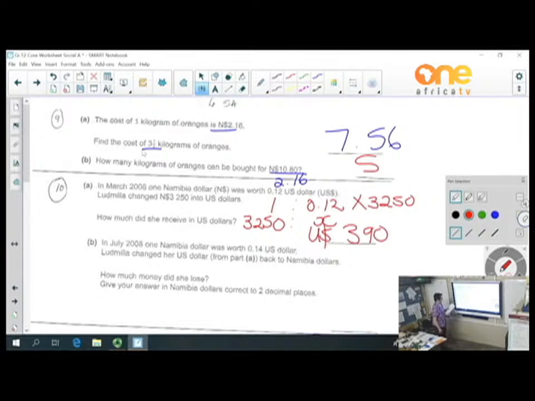In July 2008, 1 Namibian dollar was worth so many US dollars, and she changed her US dollars back now. So now the currency rate is 1 to 0.14. She comes back with 390 US dollars. What is it in Namibian dollars? So this time, multiply with bottom, divide by top. Now it's a division sum. This time you're going to divide. And the answer is then